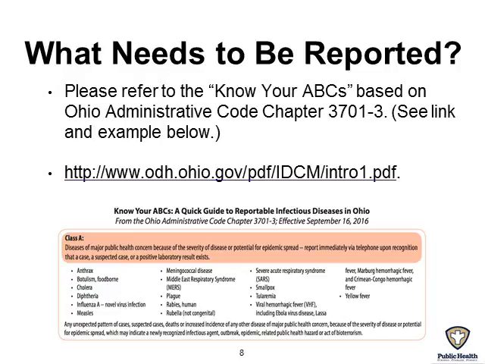Class B diseases require timely reporting because of potential for epidemic spread. Some examples of Class B diseases are E. coli O157:H7, pertussis, and Lyme disease. Class C includes outbreaks, unusual incidents, or epidemics of other diseases, for example histoplasmosis, scabies, staphylococcal infections, and pediculosis. It includes outbreaks that may be community, foodborne, or waterborne.